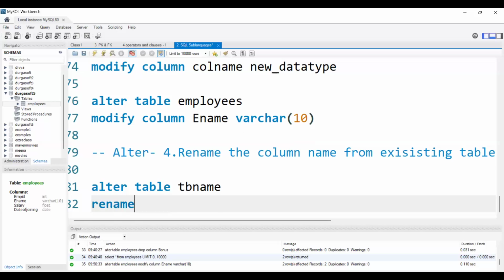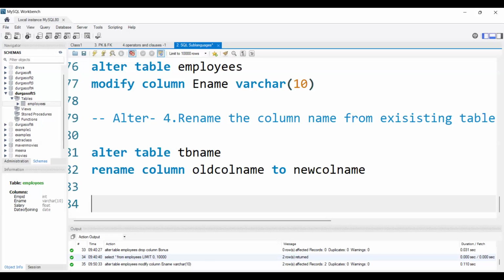We will use a keyword called rename, as we are renaming the column here. So I will say RENAME COLUMN, and then from the old column name to the new column name. Basically, we can rename the column from the existing table by using alter.